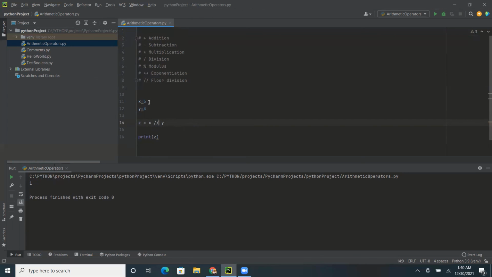So floor division gives only the whole number when we divide. Let's change this value a little bit and see how it changes. So 16, and if we say 5, guess what the floor division will be? It will be 3. So this is called floor division.